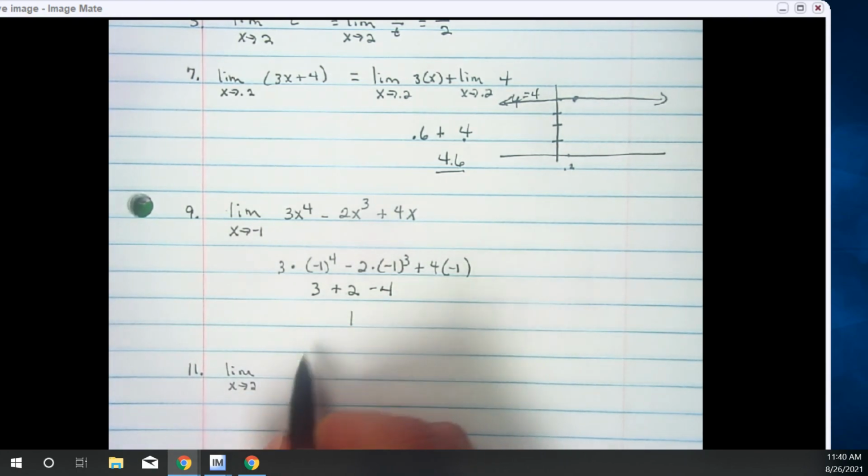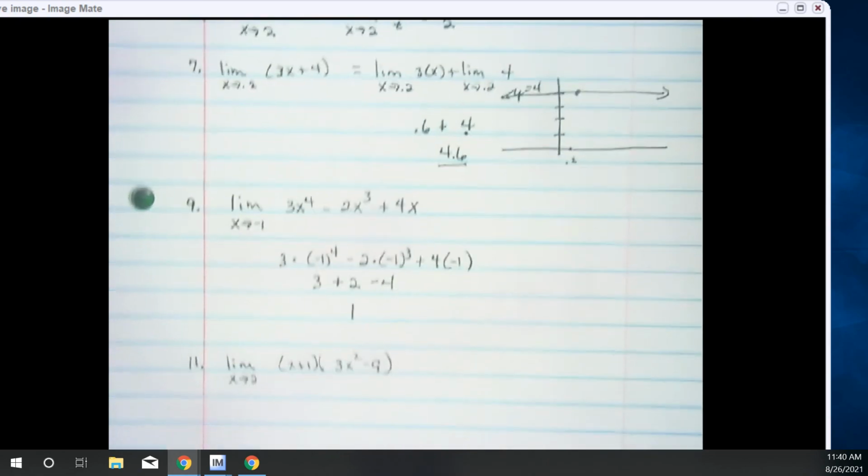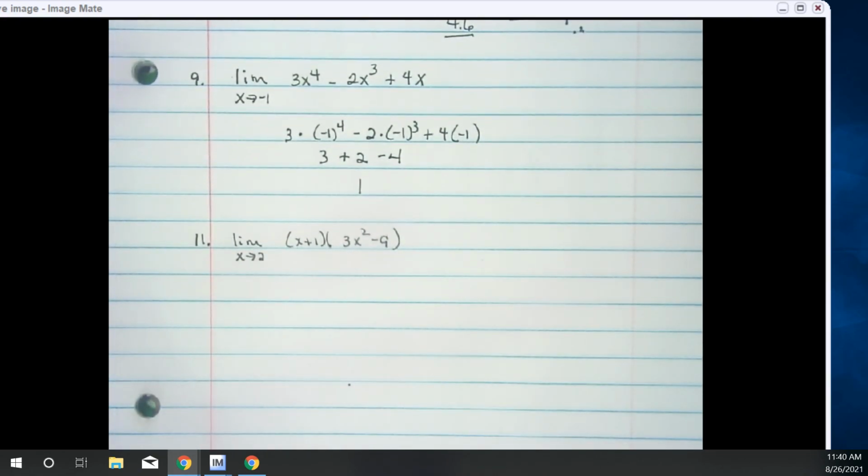The limit as x approaches 2 of x plus 1 and 3x squared minus 9. How do you want to work this problem? So at number 9, is the limit 5? The limit's 1. So, but the limit's not -1. No,